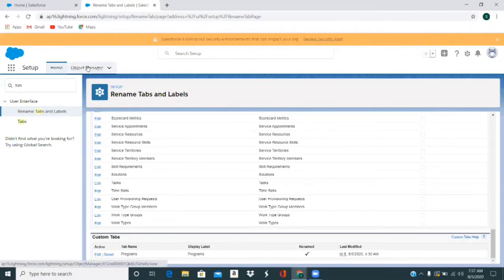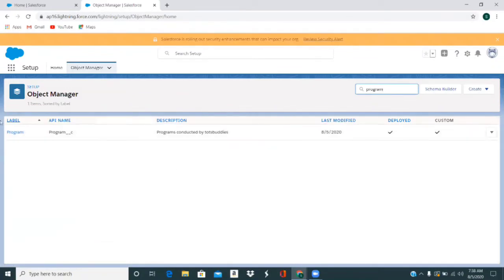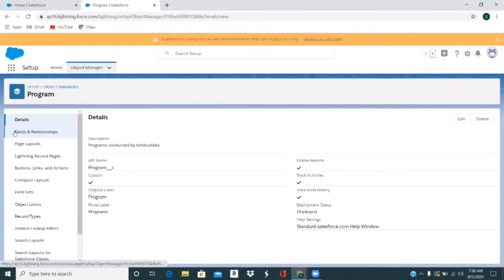So we have to go again to the Object Manager. Here we will find programs. You click on program. So here you can see different options, quite a few functionalities, very easy to understand and to add functionality to a particular custom object.